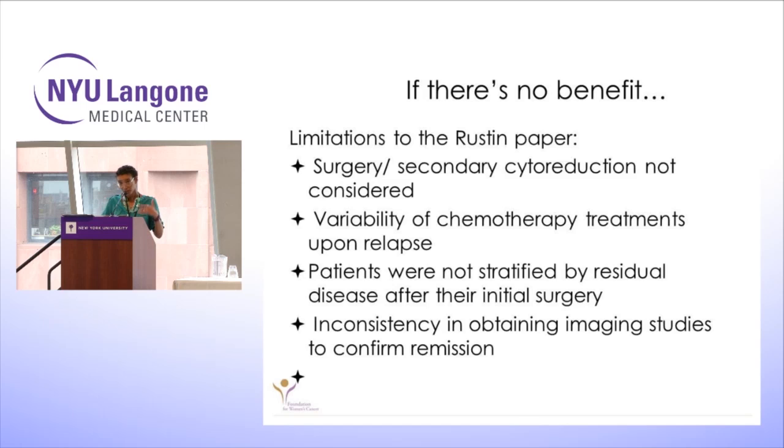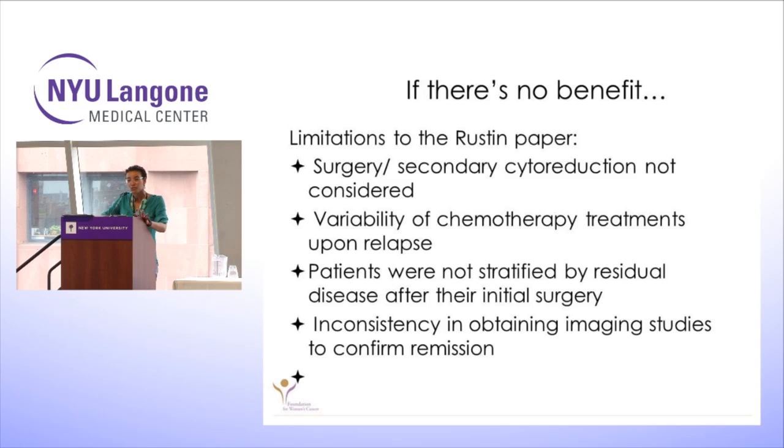And so personally, I do offer secondary cytoreduction. I know everyone in the room does. So here in the US, we do strongly believe in it. And we know that checking a CA125 identifies patients earlier who may be candidates for secondary cytoreduction. That's why I personally continue to check it, although I'll talk about how I modify it. Other potential limitations.